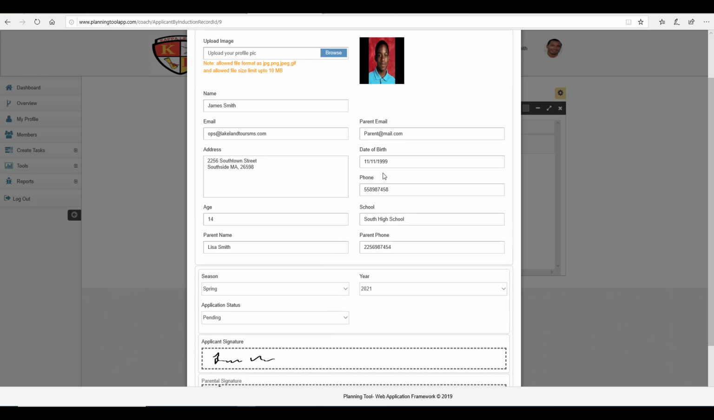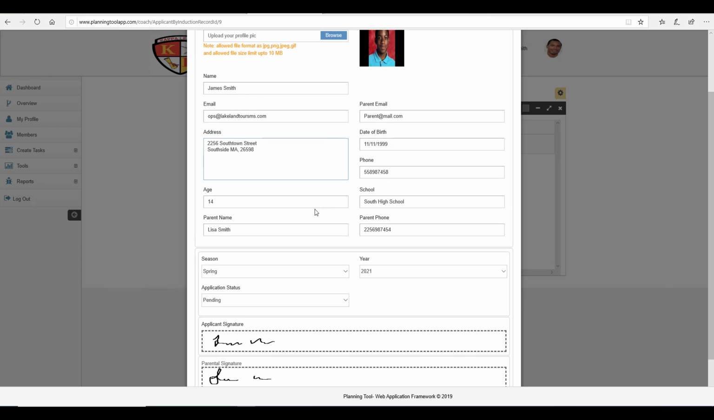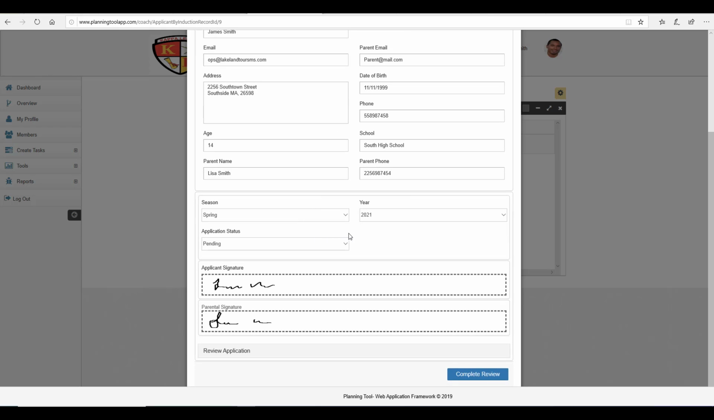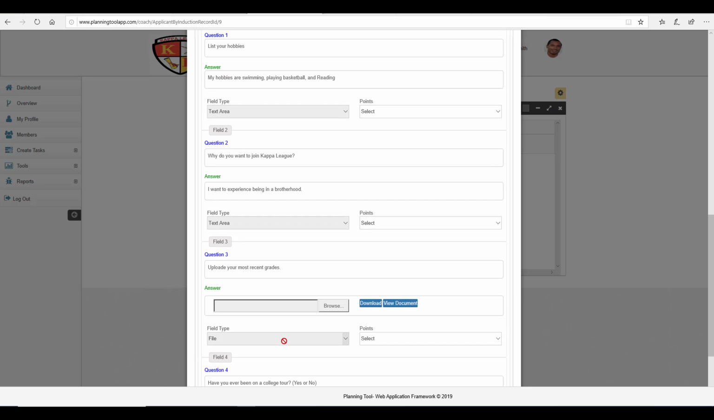His profile picture's there, and all his contact information from his profile. This is where you will choose the application status, so we'll come back to that. But down here, there's a little link that says Review Application, and here you can view his responses from his 4